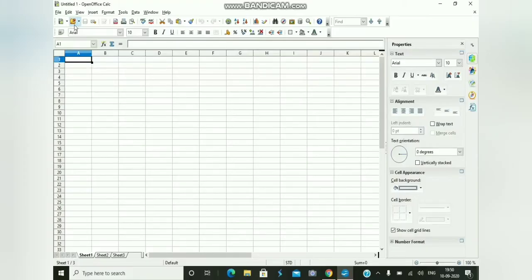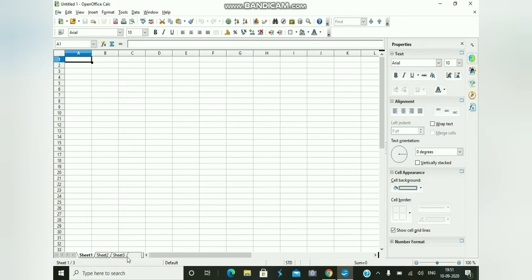Okay, so students, here we have Untitled 1, our OpenOffice Calc, and you can see the worksheet which has appeared on the screen over here, and you can see there are sheets by default, just like MS Excel. Whenever we open an Excel workbook, we have 3 sheets by default. So here also in Calc we have 3 sheets by default, namely Sheet 1, Sheet 2 and Sheet 3. Alright, then if you want more sheets, here we have only 3 sheets.